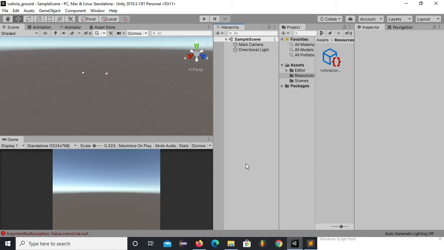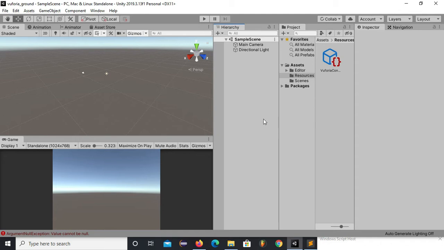and we will also see how to cast shadows in AR, and at last we will add some functionality in the app, like whenever we tap on the screen, a cube or any 3D game object will be instantiated on top of the ground plane, and we will also apply some rigid body components to that instantiated object. So as soon as we tap on the screen, a cube will fall from a height on top of the ground plane. So first of all we will create a Unity project.